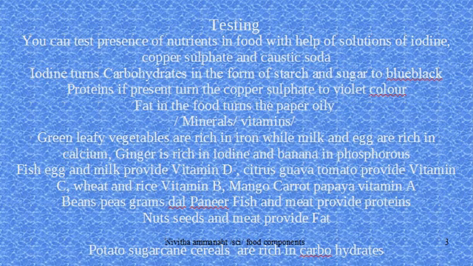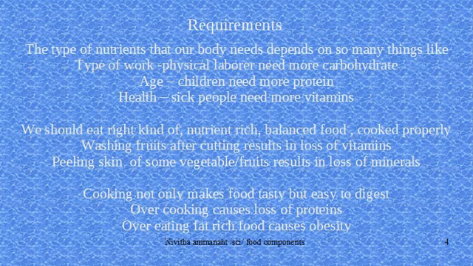So these are the different sources of the nutrients which are the components of the food. Potato and sugarcane are rich in carbohydrate. So these are different sources of food. What are the requirements for us? The type of nutrient that our body needs, the requirement of the body,